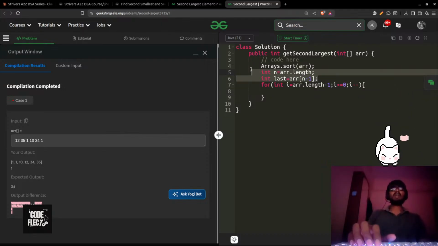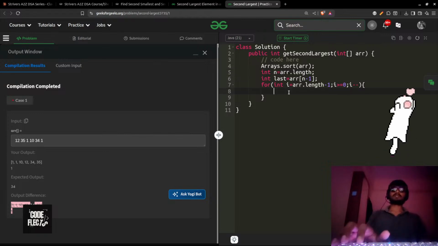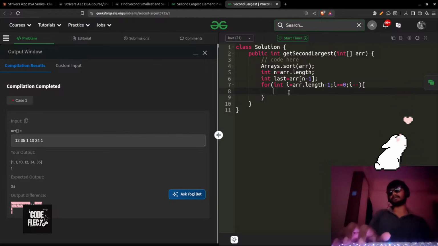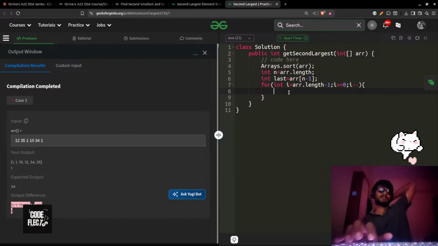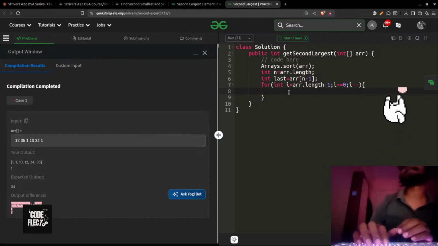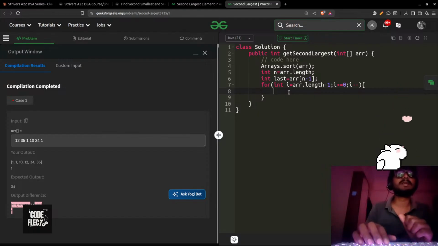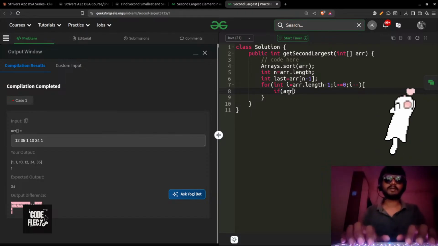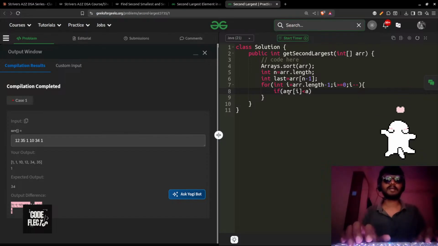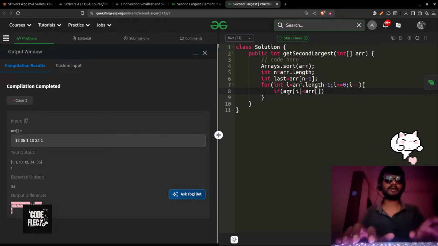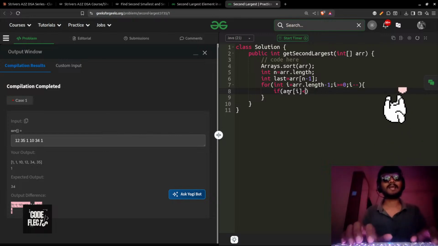It's not the most optimized way to write it, but just to have that intuition, we do these things. Now basically we're getting the length, we have the n minus 1, that is the last index of the array, and then what we're gonna do is we're gonna traverse, if arr of i is smaller than, sorry, we can write last,